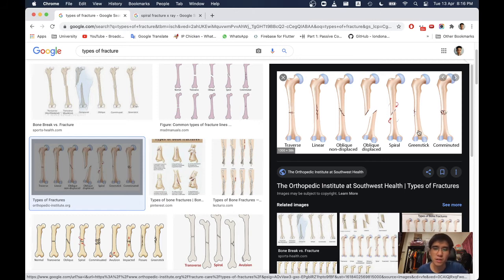So we are talking about transverse fracture, oblique fracture, and spiral fracture. So this one and this one are what we are differentiating. Among these 3 fractures, have a think about which of these fractures is the most stable. Pause the video, think about it, and come back to this video. And the answer is that